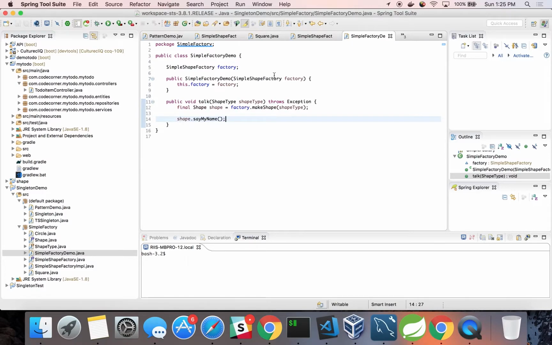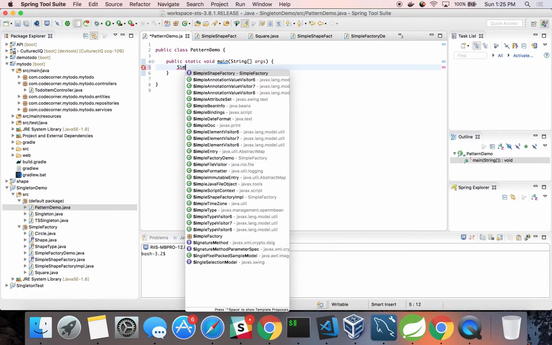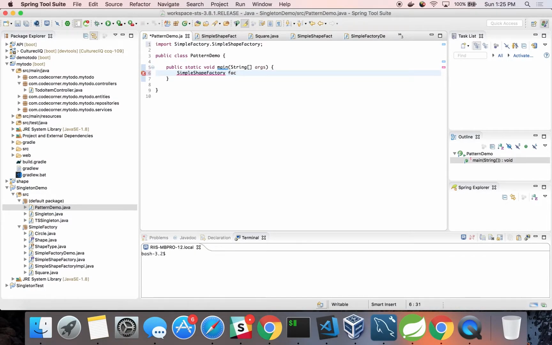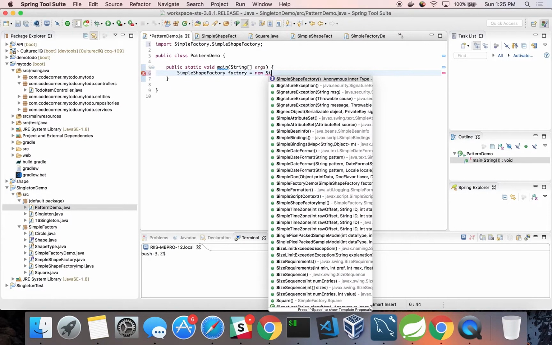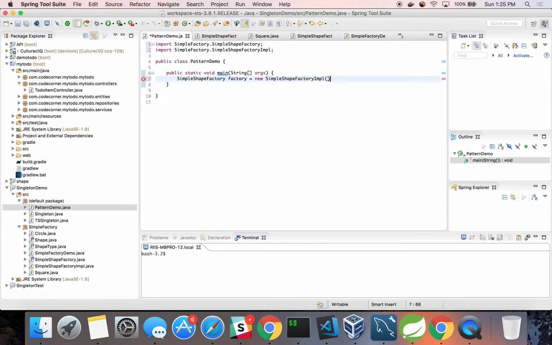Perfect. So now from pattern demo, which is actually kind of like our console runner, if you will, what we'll be able to do is we'll create a new simple factory equals a new simple shape factory impl. We want that one. Okay. So now when we create our new class we just created there,